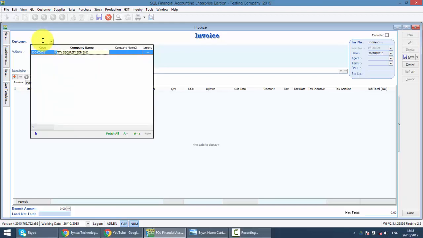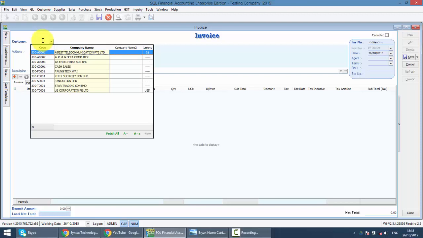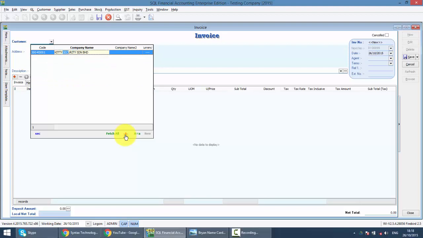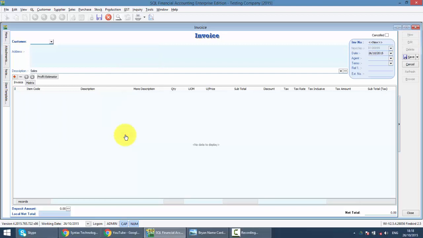What if I can't remember the full name? I only remember part of it. So what you need to do is just click on the A over here and make it to the middle. So when you type security, SEC, as long as this word appears in any part of the company name, it will appear. So no problems.